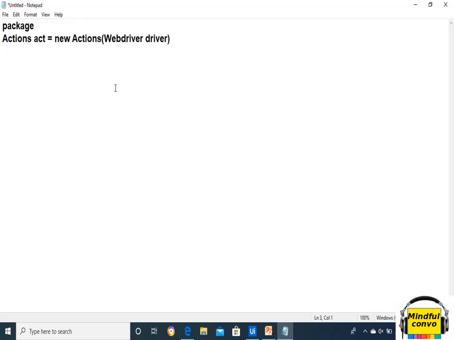Now let's take the example that I need to enter some uppercase letters in a text box. So we have some keyboard related methods in the Actions class.